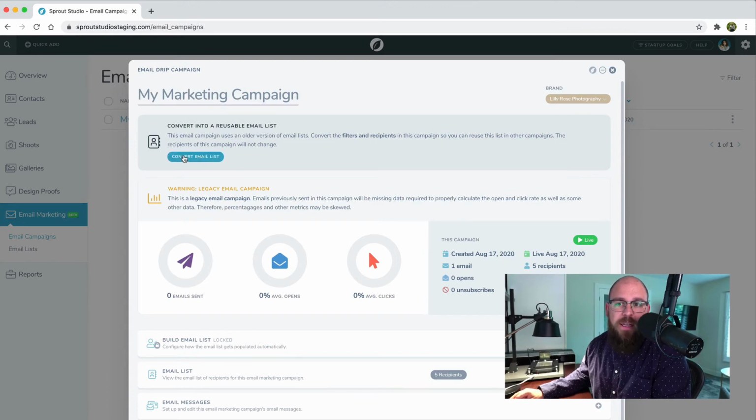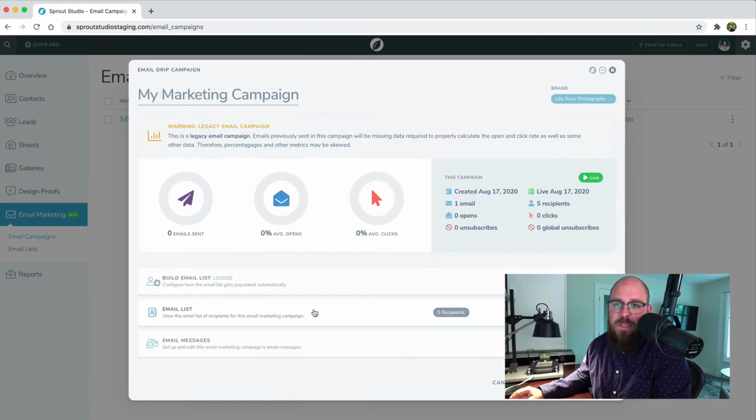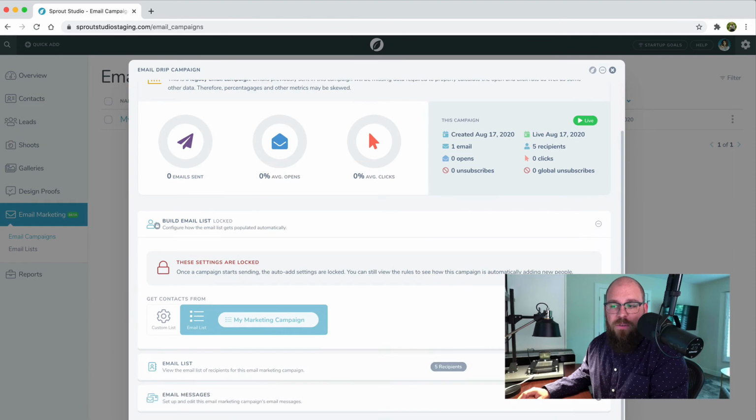I'm going to go ahead and click Convert Email List. It's going to ask me just to confirm that I want to do that. I will click Yes, Convert. And that will go ahead and actually make now a separate email list using the same email list that you had already created in this specific campaign. And it will have chosen that list right here. So if I go ahead and just click Save Changes,